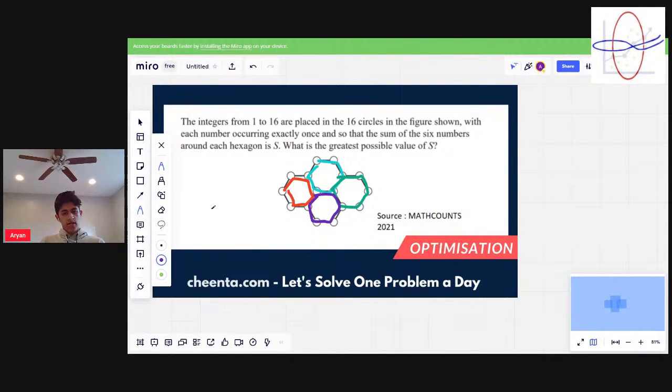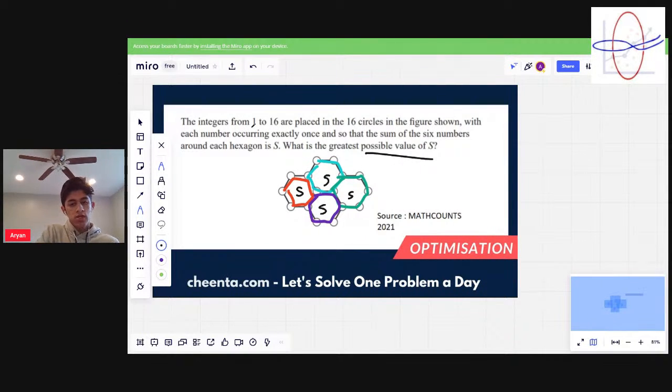And when we add up all of the circles, each hexagon has a sum of s. That means all 6 vertices on each hexagon add up to s, and we want to maximize